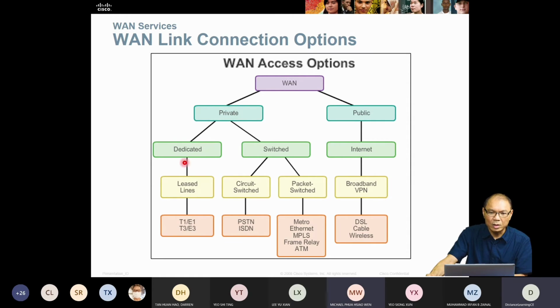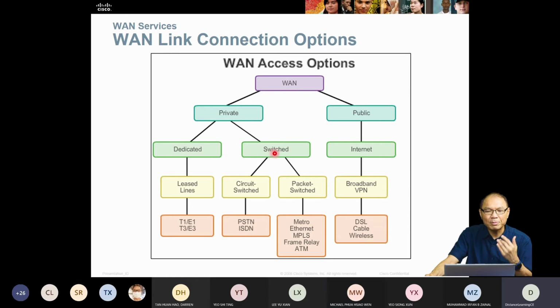Okay. So if you own everything, then it's called dedicated. Dedicated, okay, whenever you want to travel, you just use your own private jet and then you fly. This is dedicated, it's yours. So the leased line, the whatever connections and so on that you use is all yours. This is private dedicated. Another one, all right, you can have a private, but you can share with a group of people,